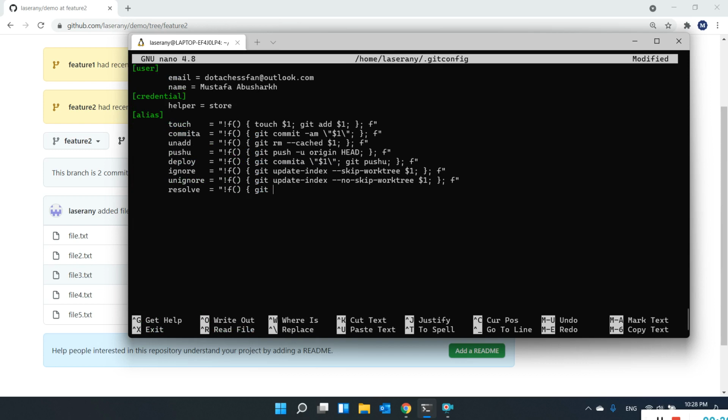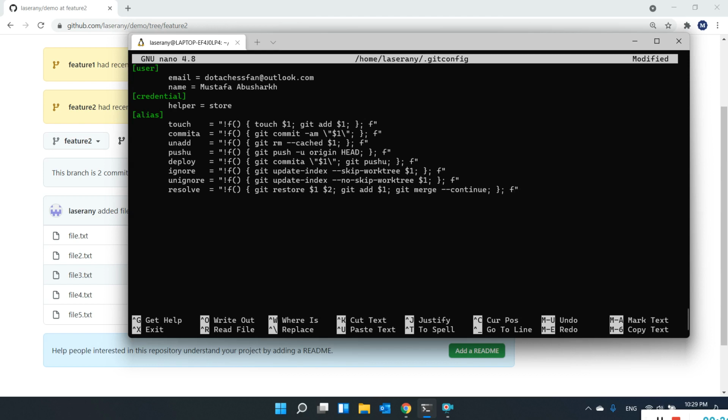So what did we do? Git restore, and then specify the file path. So that would be the first argument. And then the second, we have another argument, which is, do we want our changes or their changes, right? So that would be the second argument. Then what did we do? We added the file, right? So here the $1 is the file. The $2 is ours or theirs, right? And then we run the git merge --continue command,